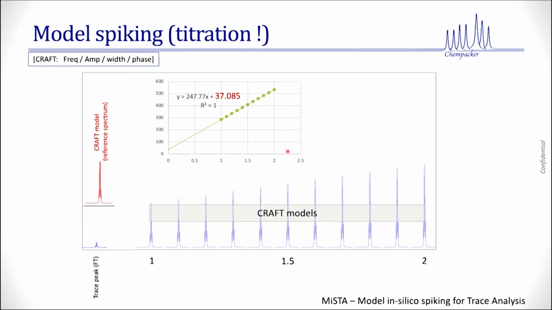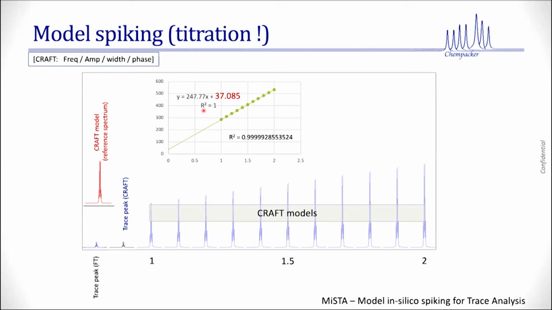But if I know the concentration, there are two problems here. If I know the concentration, I can calculate. The thing that immediately bothered me more than anything else was this R squared equals 1. This came out of an Excel spreadsheet. R squared equals 1 bothers the hell out of me because it's just too good to be true. But it's actually not 1, it's 0.99999 something. Then I say, okay, that I believe.